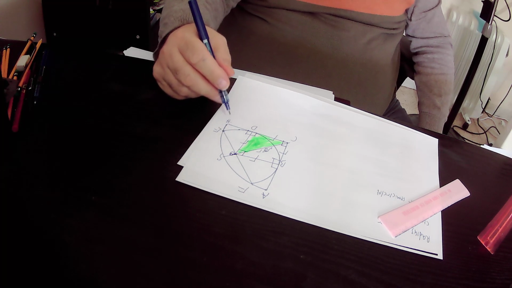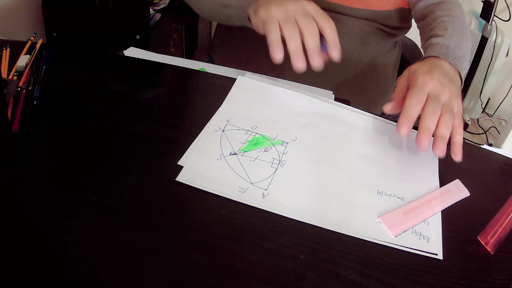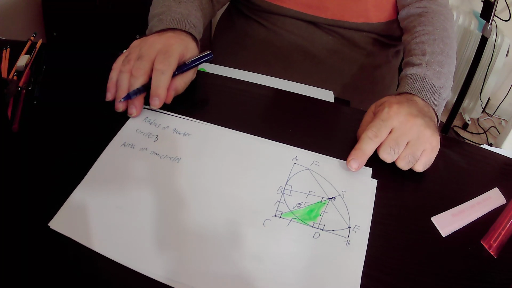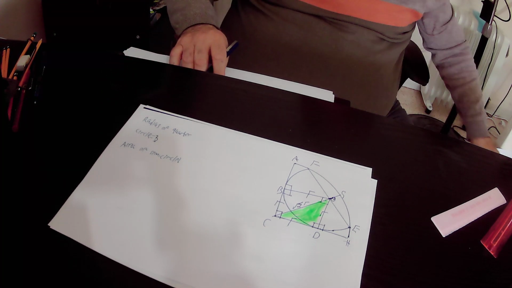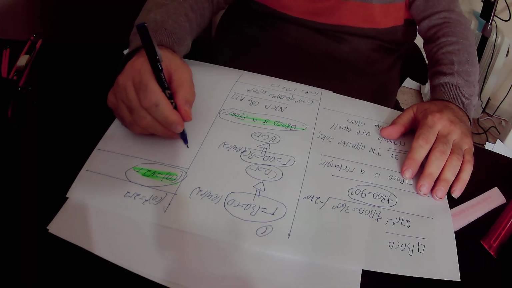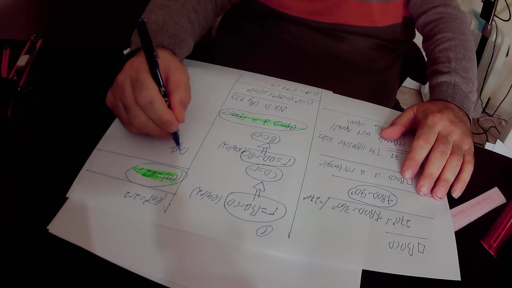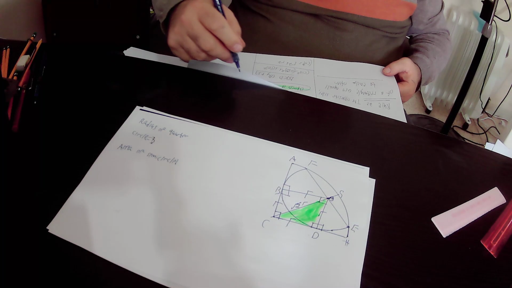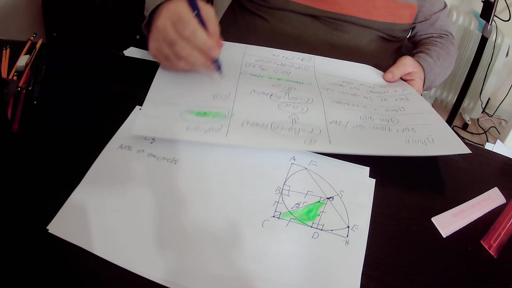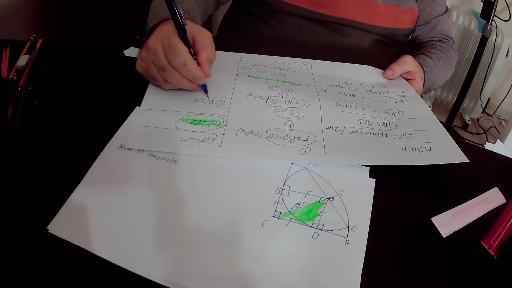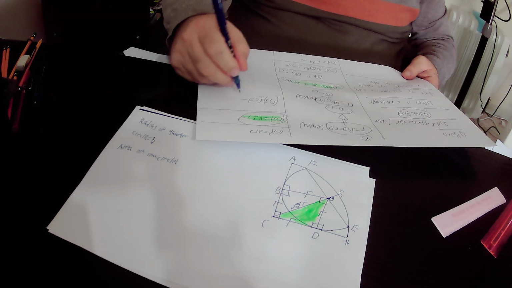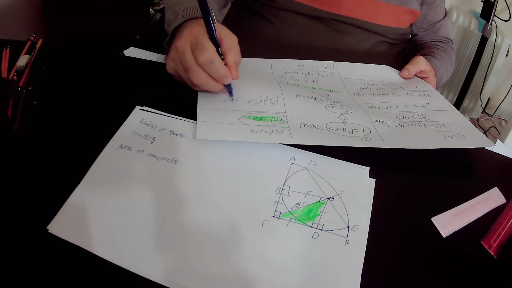It is very easy to see from the drawing that the length of line segment OS is actually equal to CS minus CO. And if